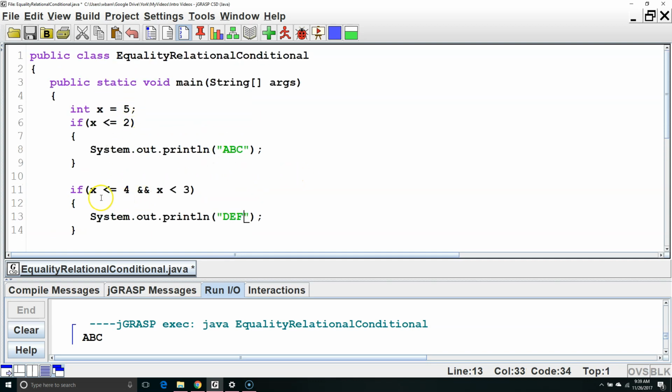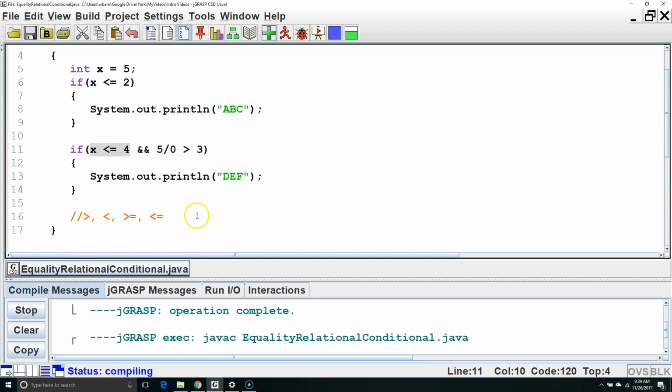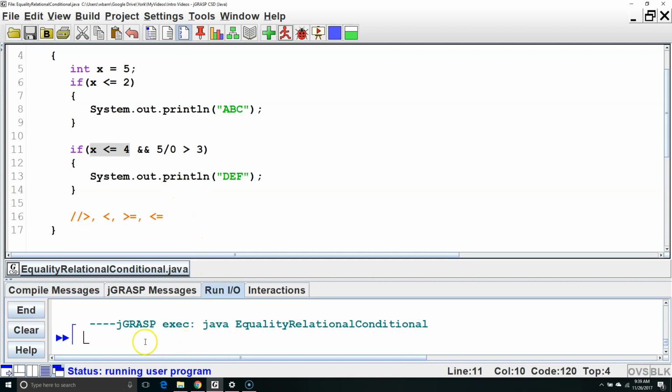Since 5 is not less than or equal to 4, it is not even going to check the second part. This is called short-circuiting. This can be important in situations where the second part of a compound Boolean expression might cause an error. For example, if we had 5 divided by 0 is greater than 3. This will cause a crash because we can't divide an int by a 0. However, since this first part is false, it's not even going to check the second part, and the program will